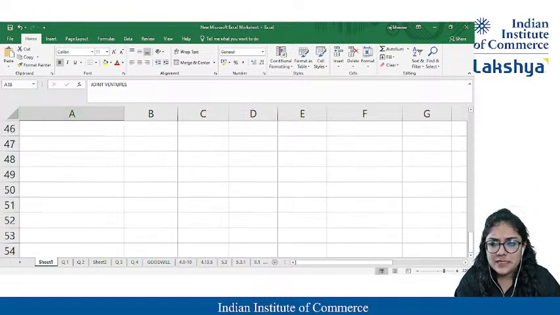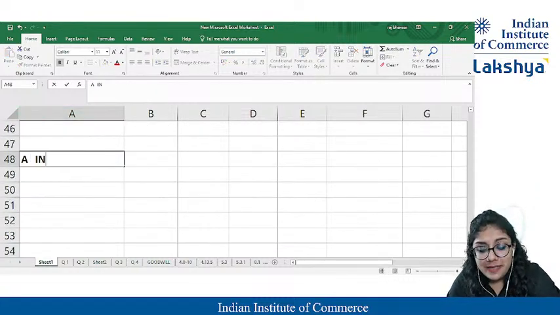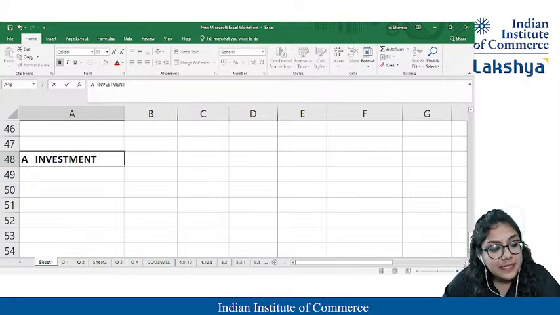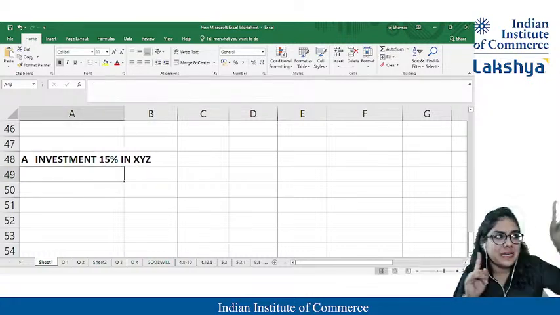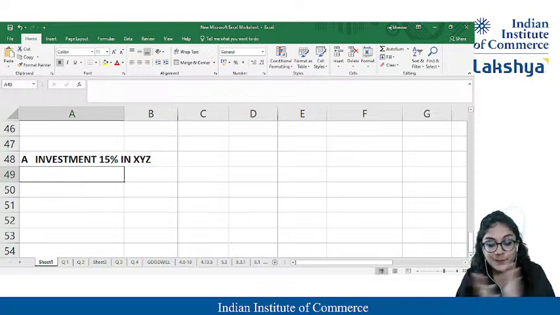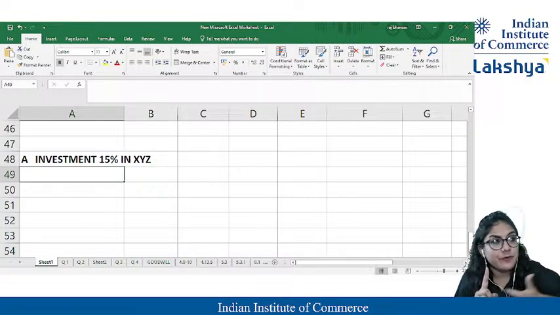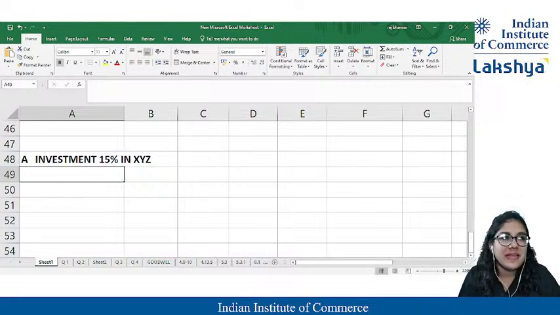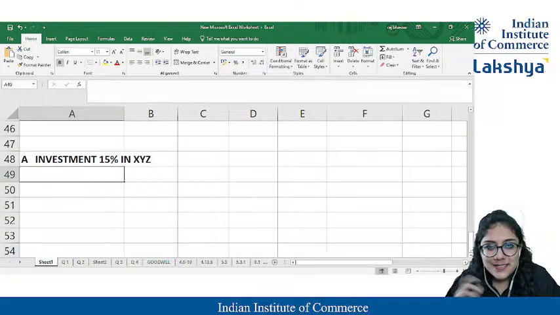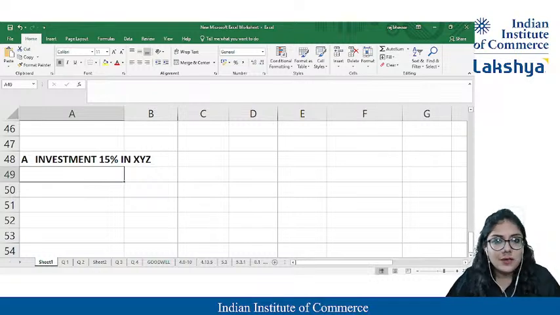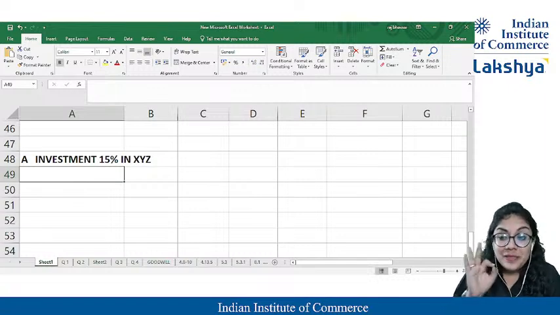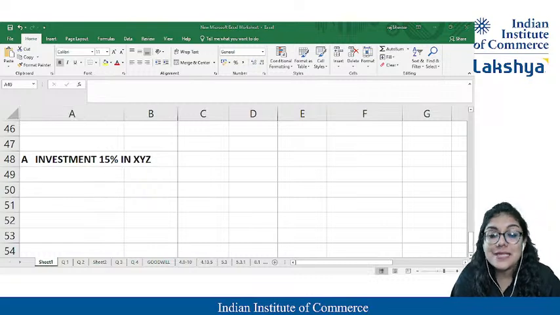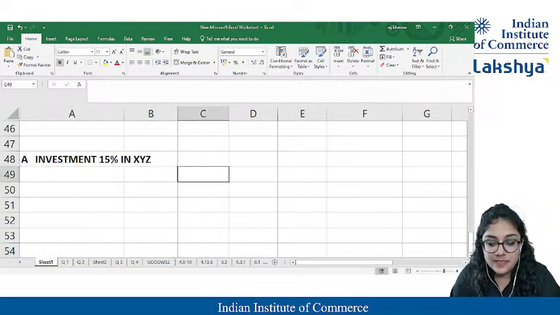suppose, let's take A Limited, like me. If I have made an investment at the rate of 15% only in XYZ company, just imagine now, by 15%, will I be the parent company? No, if you don't have control, no. Will that company be an associate for me? No, for that it should be more than 20. Over here it's just 15. Is it more than 50? No, so a joint venture also won't be there. Then what is just 15% known as? Just 15% is nothing other than a normal